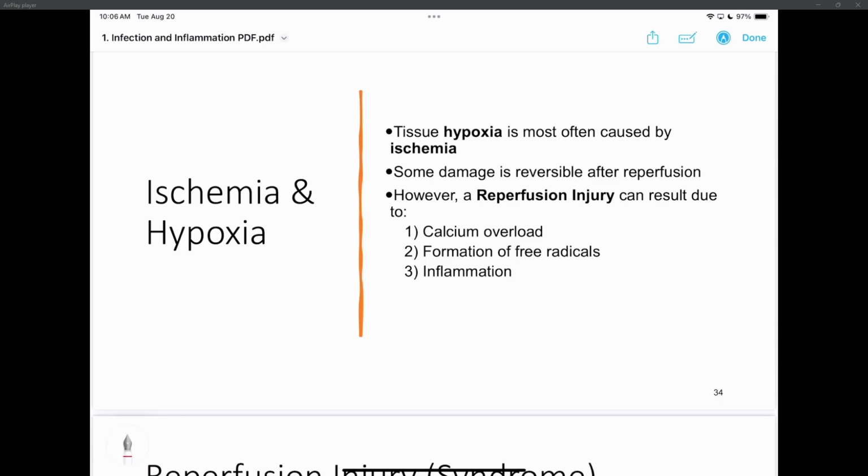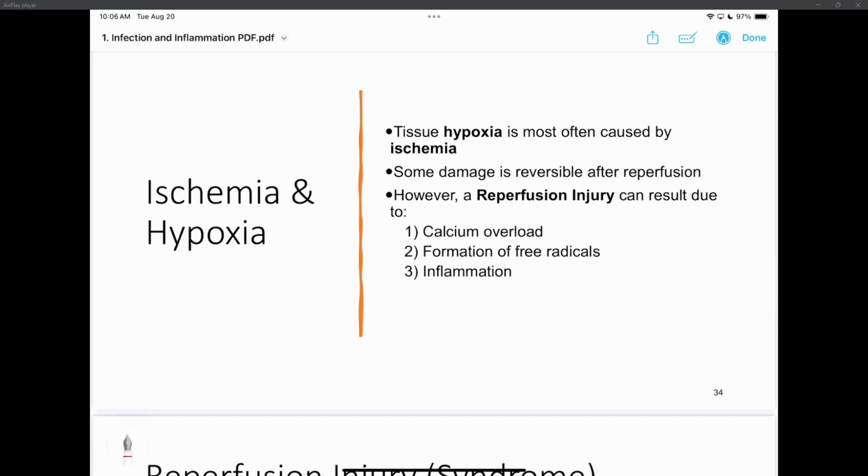All those waste products and the signs of inflammation, they can't get out because there's no blood supply. So they start building up in that tissue. But once you reperfuse it, all those products now can get access to the blood and they can get out. So what they find is that sometimes you can get what's called a reperfusion injury, where you now put the,